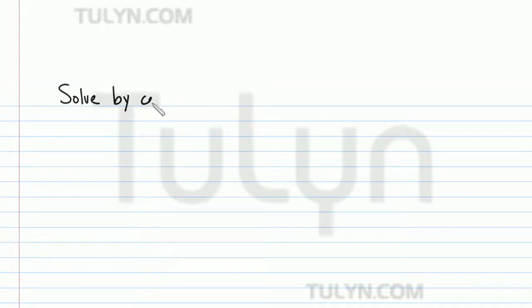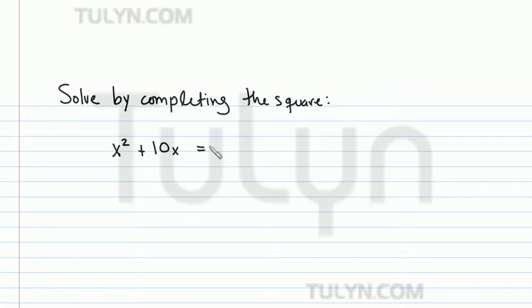Solve by completing the square, where you're given x squared plus 10x is equal to 7. So, since we complete the square with these first two terms, what we want to do is recall the method,